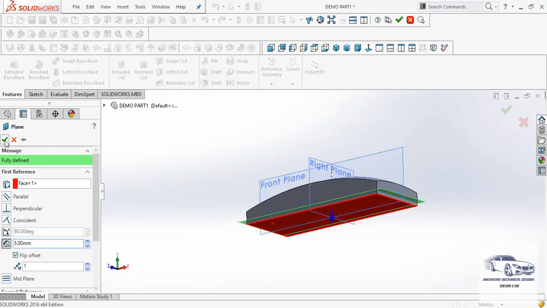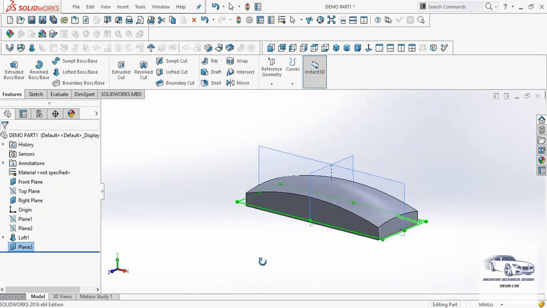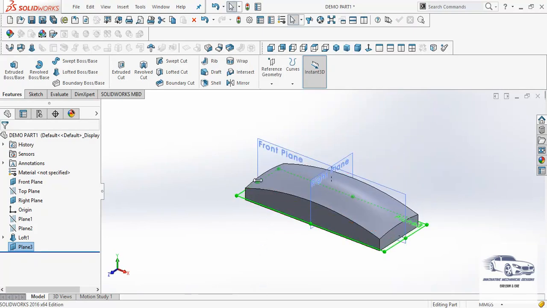Now this cut which I am going to create is basically till the topmost surface of the part. So for creating the second sketch, I will take a plane which is long enough, offset from the bottom face of the part, so that the cut can extend till the last.